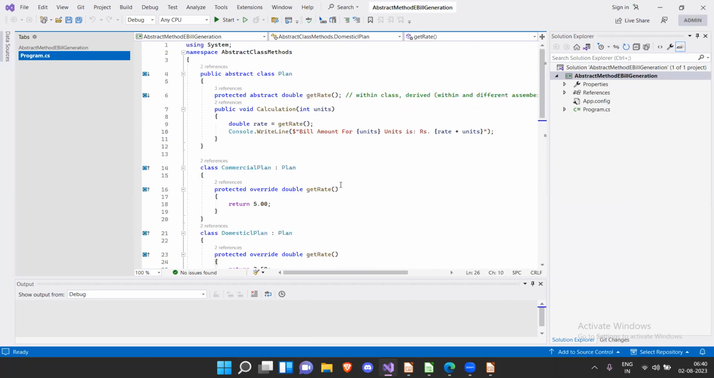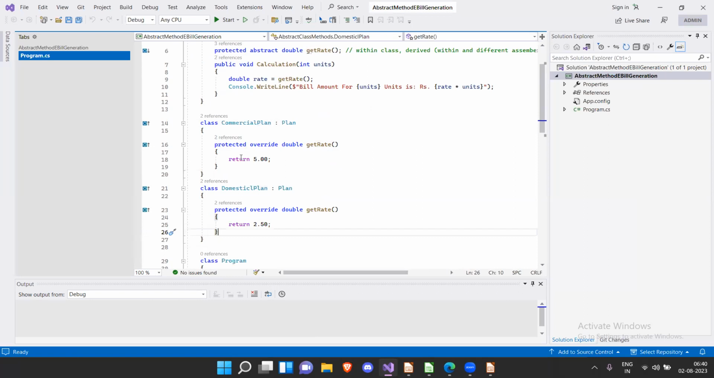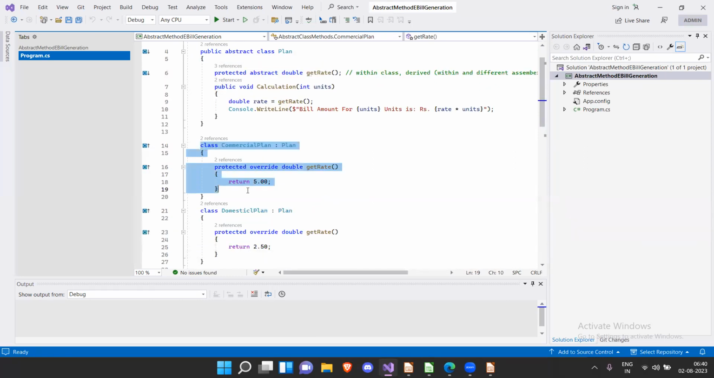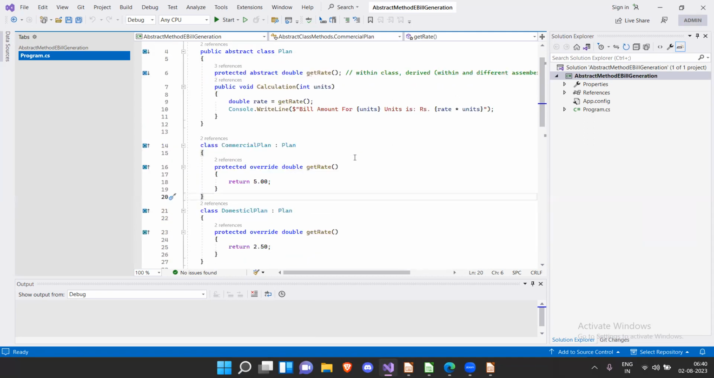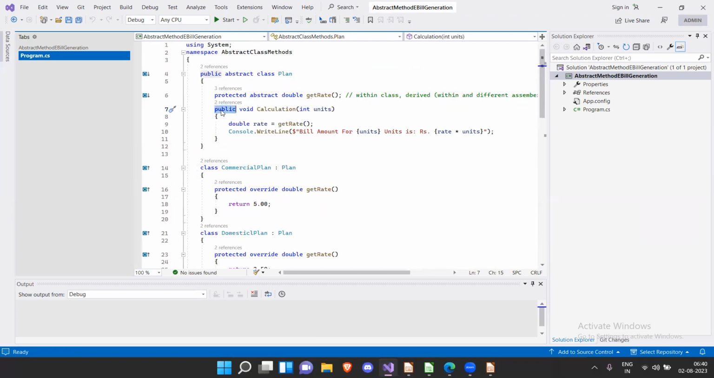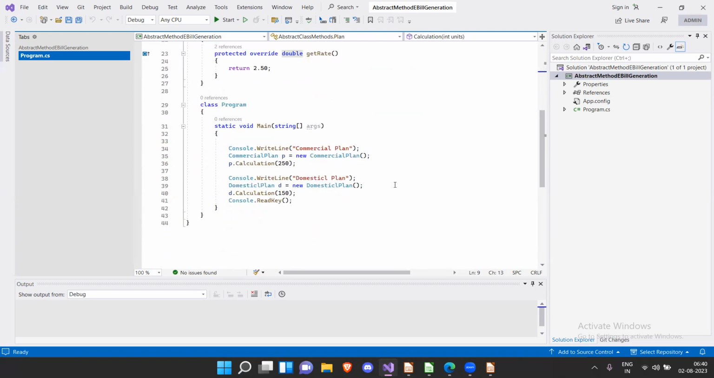So you are invoking a derived class to get the unit price based on the plan, and then you are using the calculation method. You see, the calculation method is public, so it is automatically available in my derived class also. So if you see here in the main method,